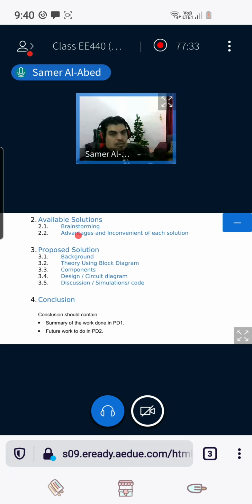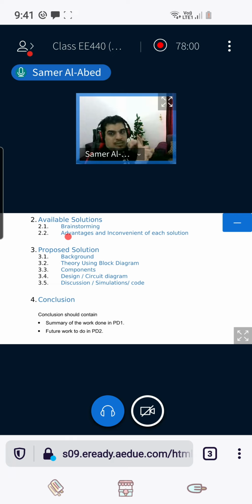Then you need to give the advantages and disadvantages of each solution. For example, if I'm going to use Wi-Fi, I should have internet. If I need to use a mobile phone, definitely I should have a SIM card, and I should pay money, and I should have towers, so it's a little bit expensive.